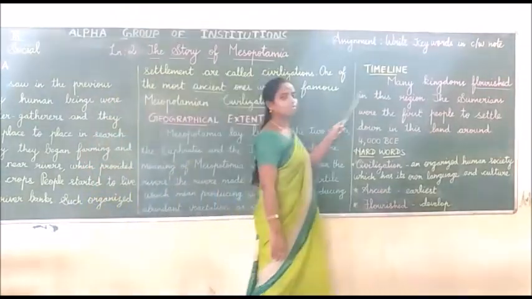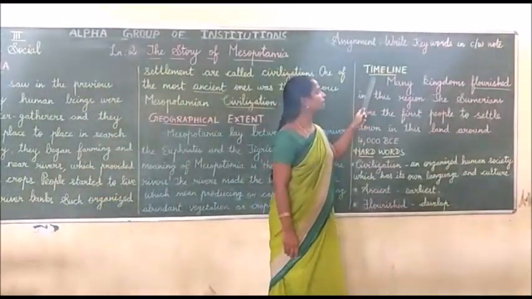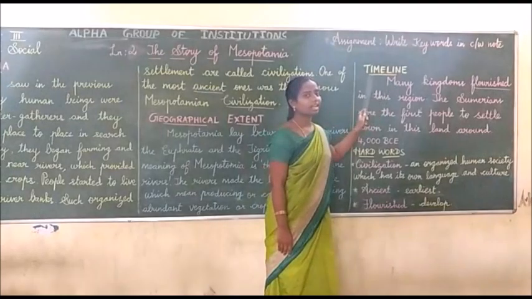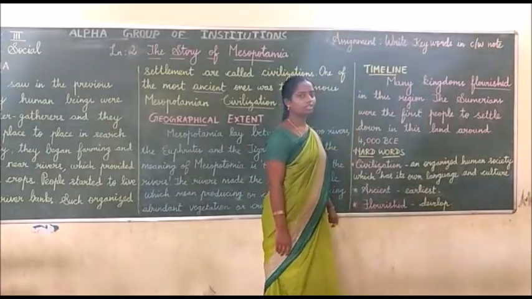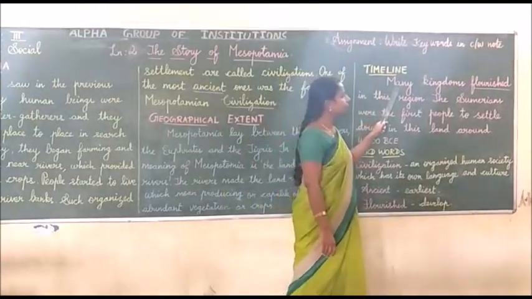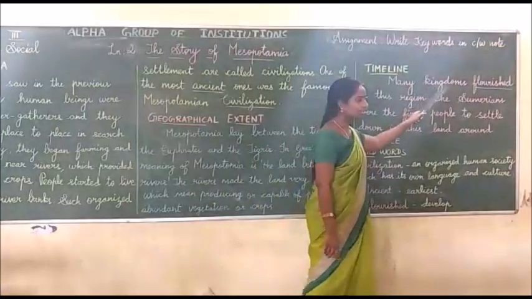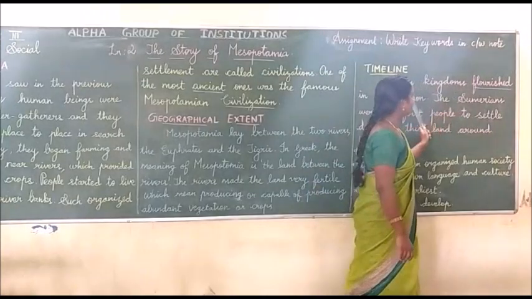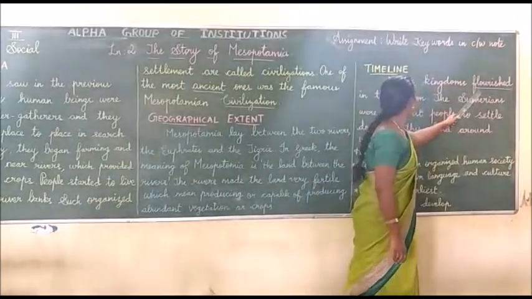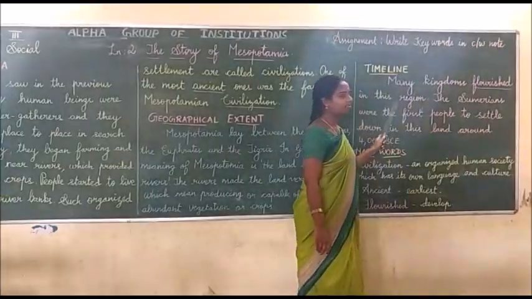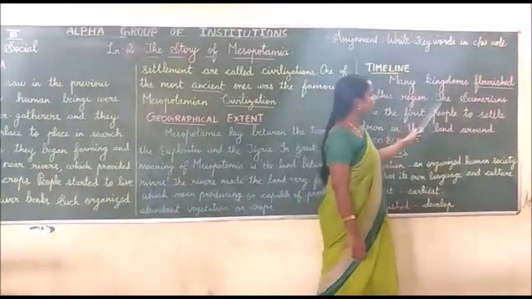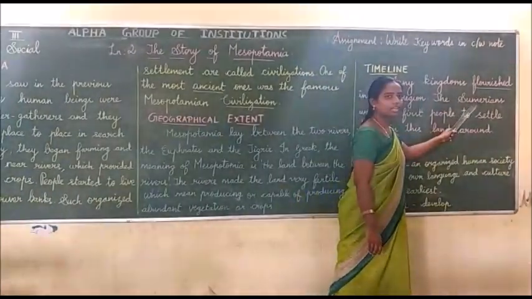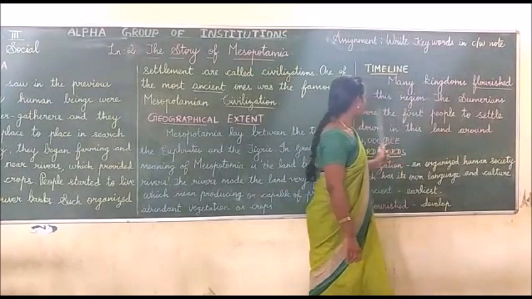Next, we will move to the next topic, timeline. What is it? Timeline. Shall we start to read, children? Many kingdoms flourished. What is it? Flourish. Many kingdoms flourished in this region. The Sumerians, what is it? Sumerians were